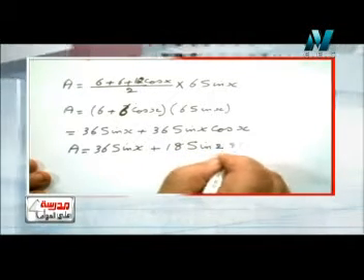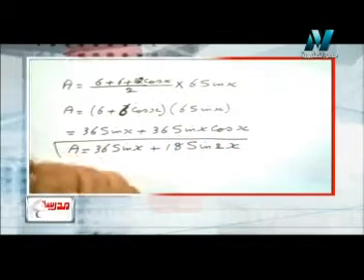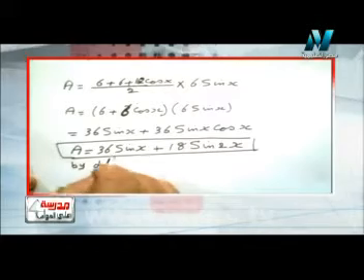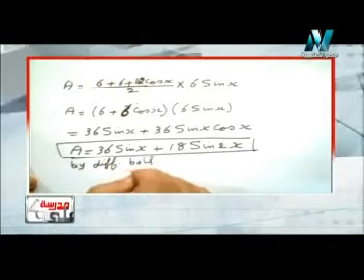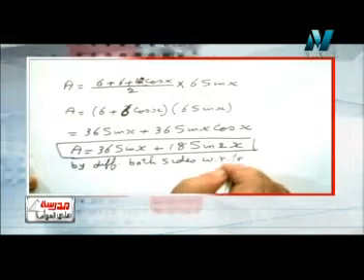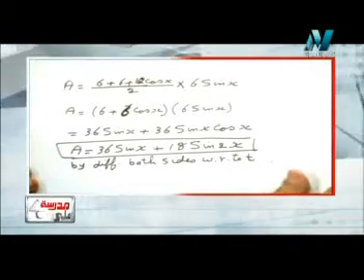This now represents the area of the trapezium using the angle x. Now we have to find the rate of change of the area, the requirement dA by dt. Then by differentiating both sides with respect to t, what is the area? Then dA by dt equals 36 sine x, derivative of sine is cosine, then 36 cosine x multiplied by